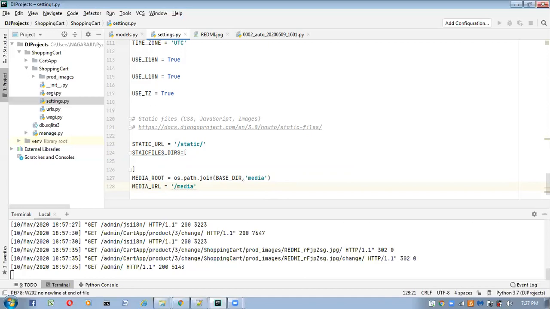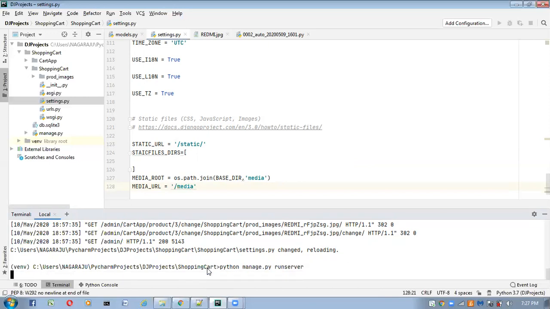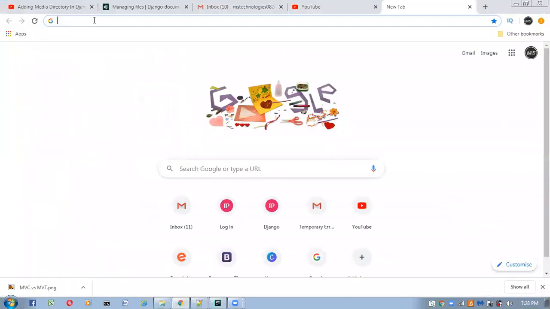To access that image, first start the server. How to start the server? python manage.py runserver. So now the server is running. Once the server has started, go to the browser. Here I'll try to access that image.